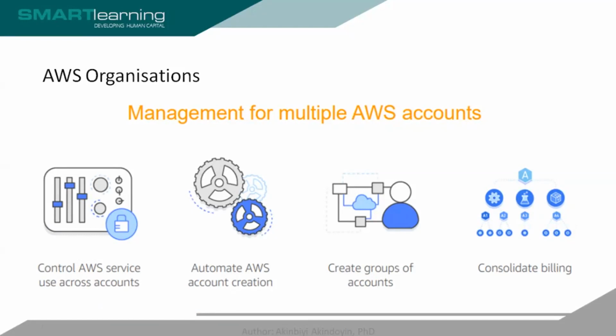So whenever anyone launches, it doesn't allow anyone to launch an EC2 instance outside Ireland. So those are kind of policies. Or you want only S3 buckets within London. Or you want DynamoDB to only talk to a specific resource. So all these policies can be applied at the top level. So when you apply that at the organization level, it automatically gets applied to all those other 50 accounts on the